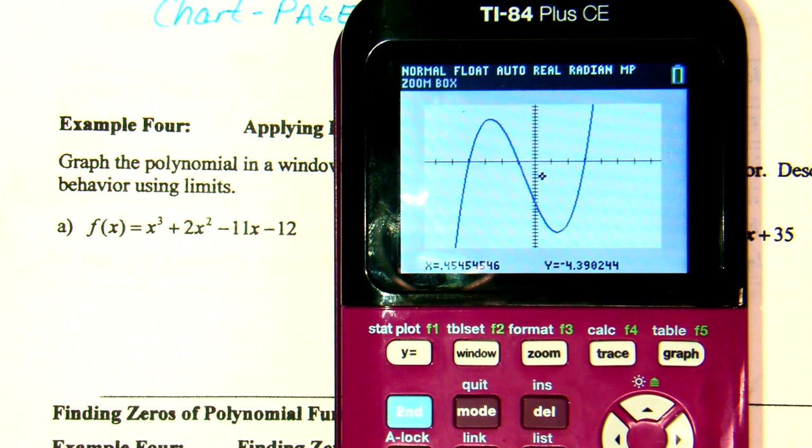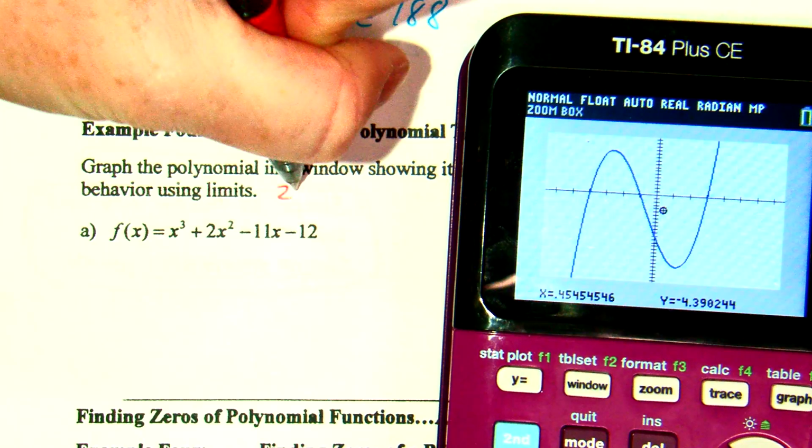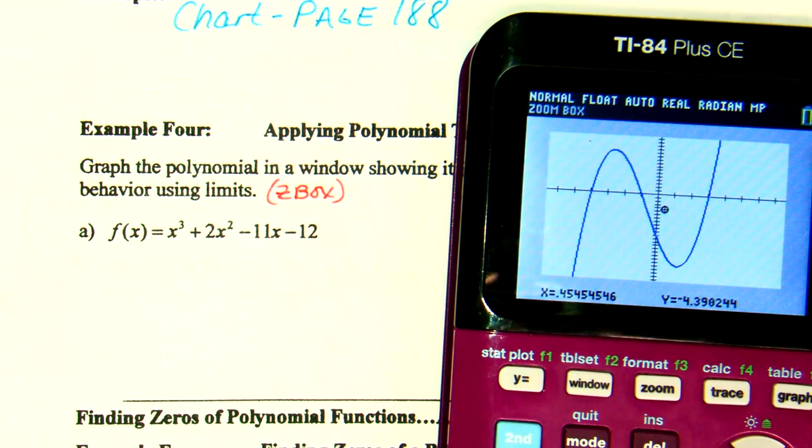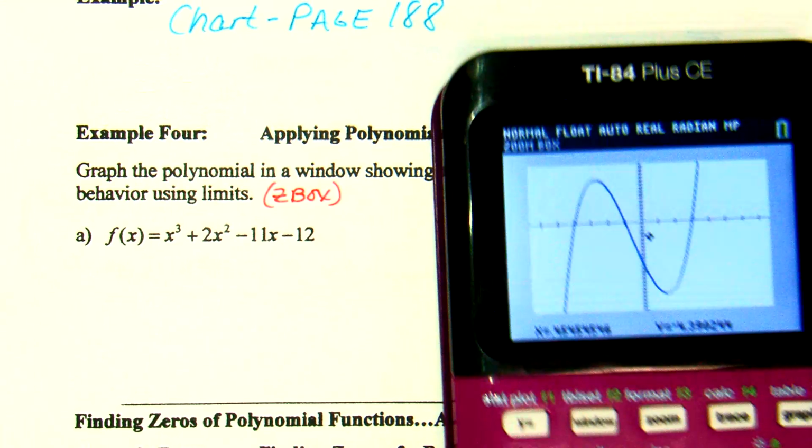Okay. So we have an idea of what we're looking at here, right? And as a reminder, I'm writing ZBox at the end of those directions, that way if you need a reminder of a good way to graph it. So, before we get into talking about the limits,